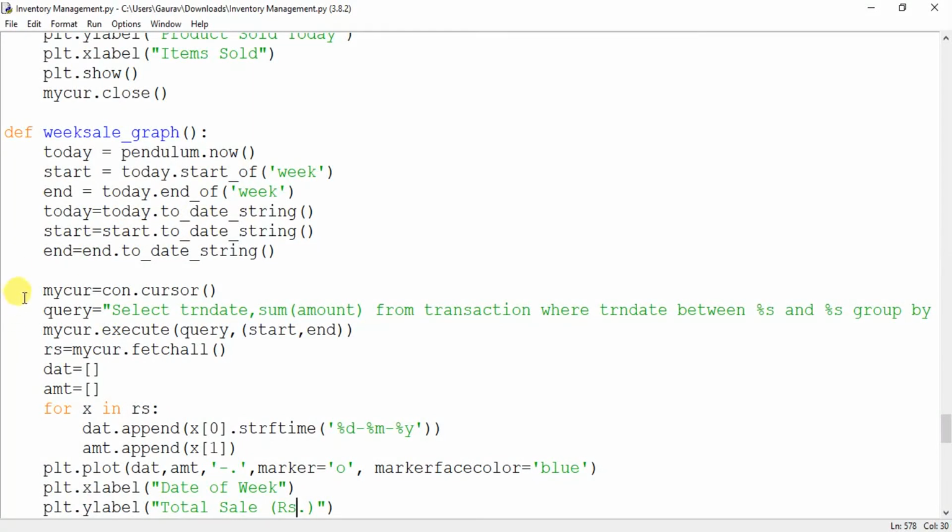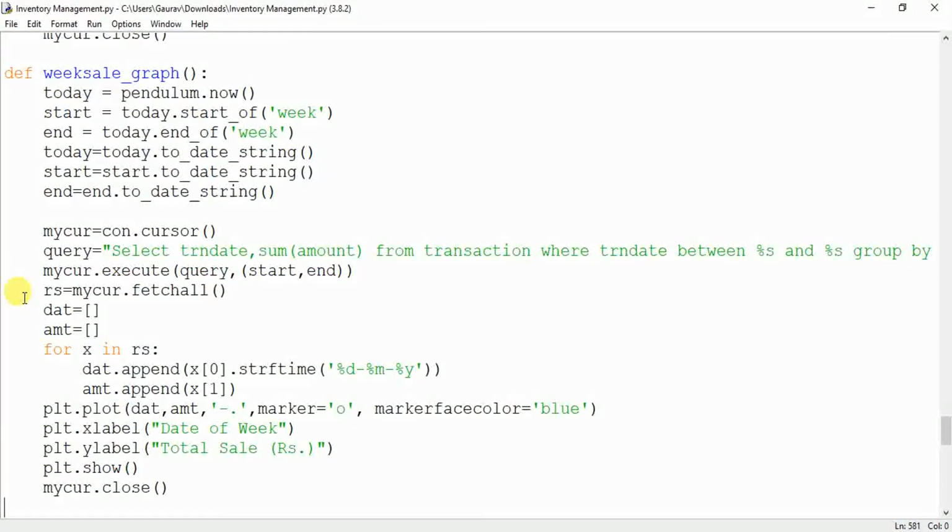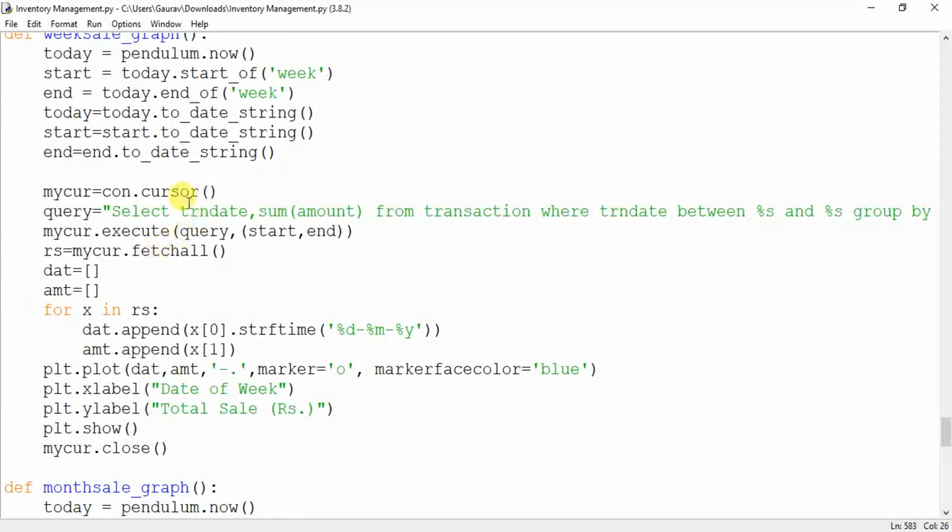Then similarly, as in the previous plotting part, you will run the select query from transaction, where the transaction date is between the start date and the end date that you have got from this pendulum module, the starting of this week and the ending of this week. Then you will plot plt.plot date and the amount, so it will tell you the sales in this week.